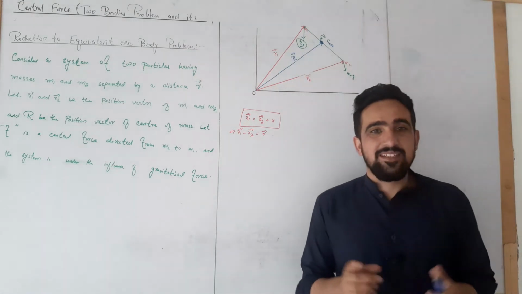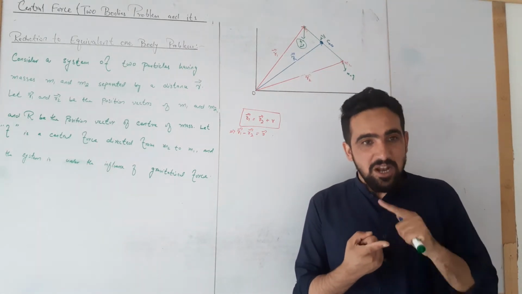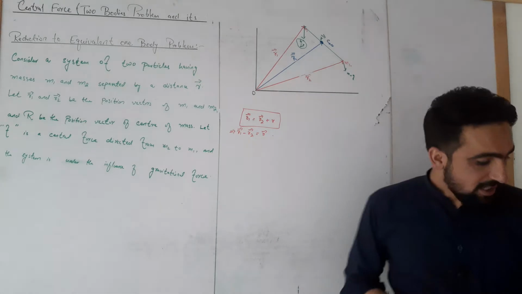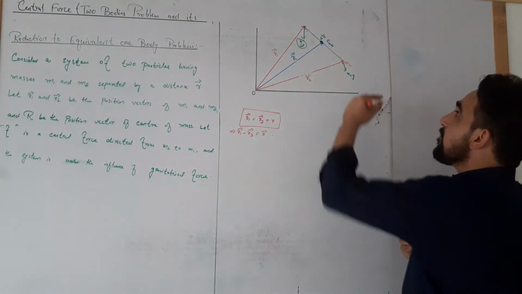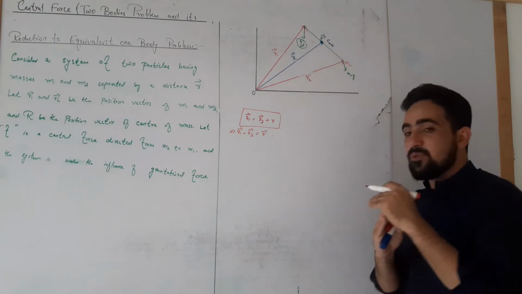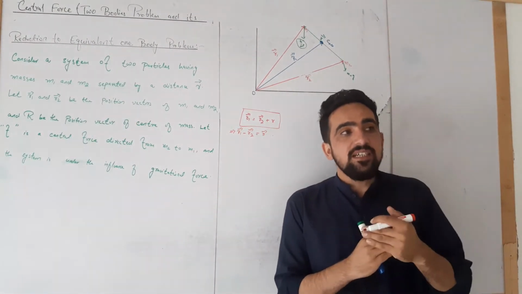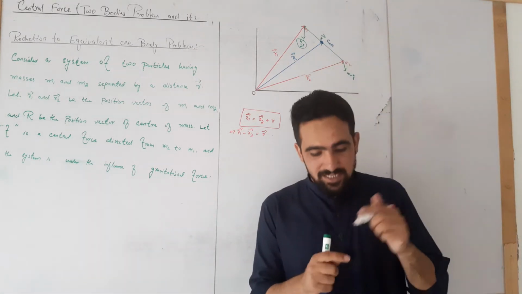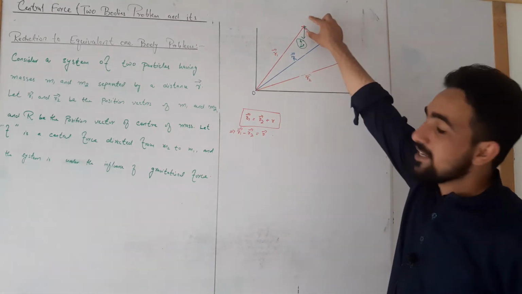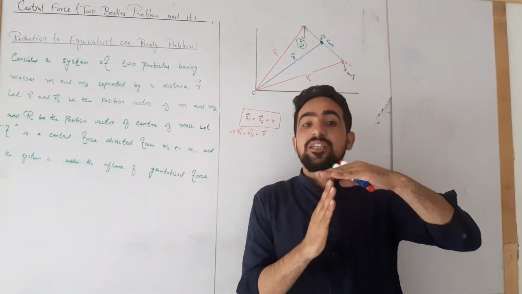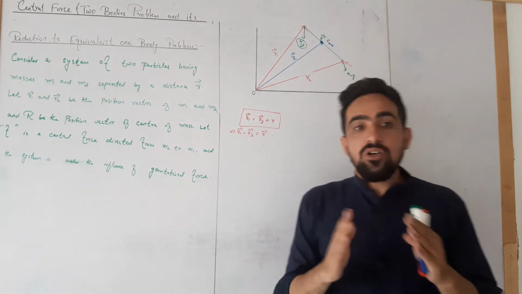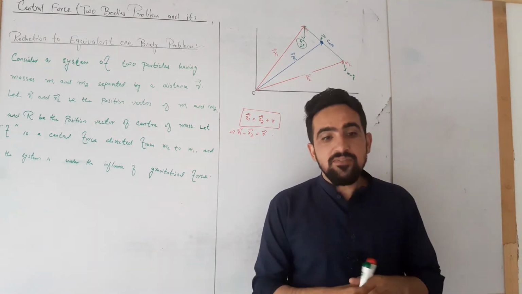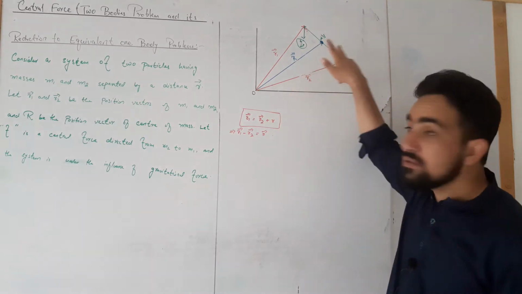Let us assume that there is another force, which is a central force F, and this central force F is directed from m2 to m1, which means that m2 is pulling m1 towards itself with a certain force, the central force F. We can assume this central force as follows: let us say these two masses m1 and m2 are charged, q1 and q2, with opposite charges, so there will be a force of attraction between these two masses.